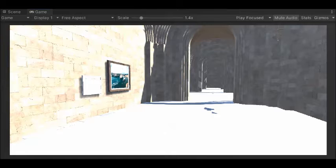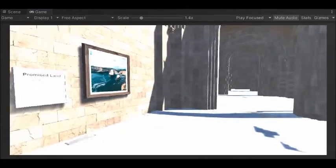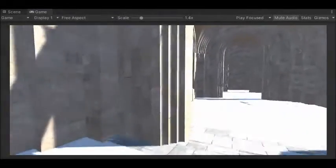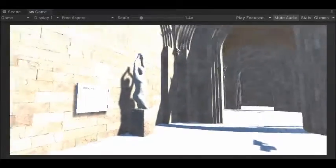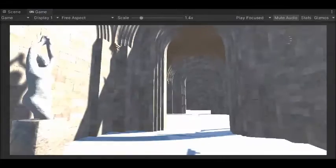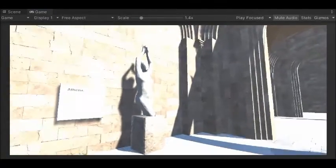Moving forward about this project, our project did meet our original goals and definitely all of our high level goals. We put a lot of time into this, and it turned out exactly what we wanted. We wanted to make a virtual art gallery, and this is a virtual art gallery. We have these informational pieces